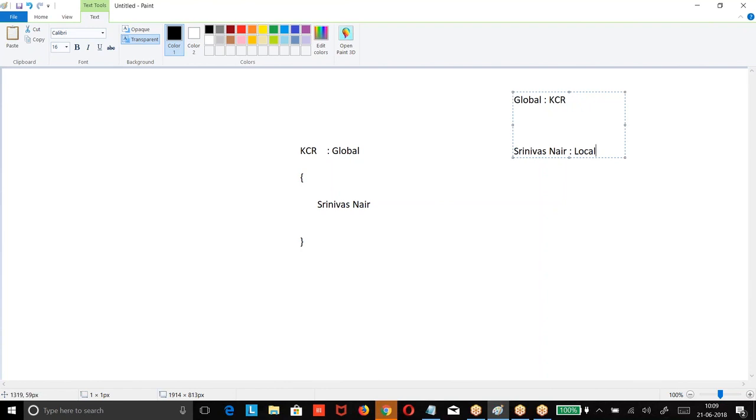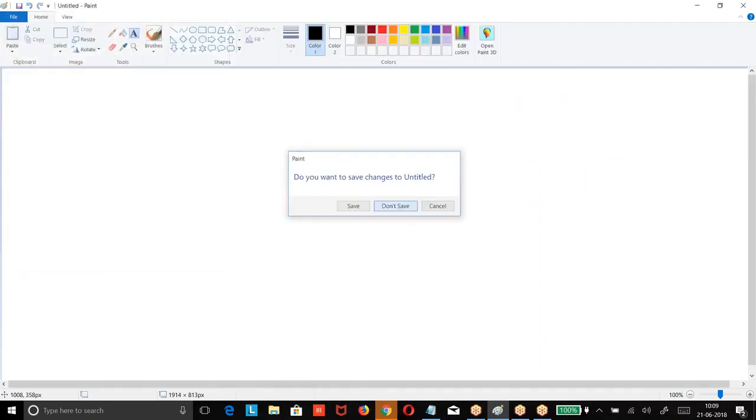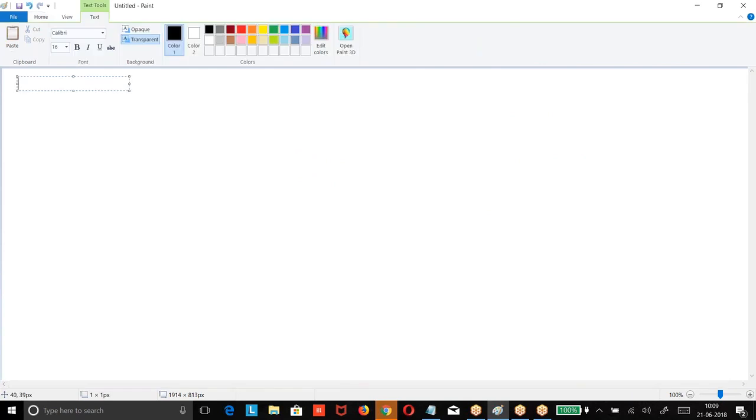Local, global. Local variables cannot be used outside the scope. Global variables can be used within the scope and outside the scope. I hope you got the point. Okay. Now let me define. Let us quickly look into some examples here. Don't mind what code I'm writing. Our intention is to know only scope and local. You're not worried about the code. Only look at local and global. That's all.